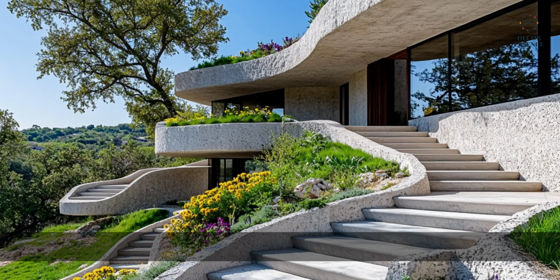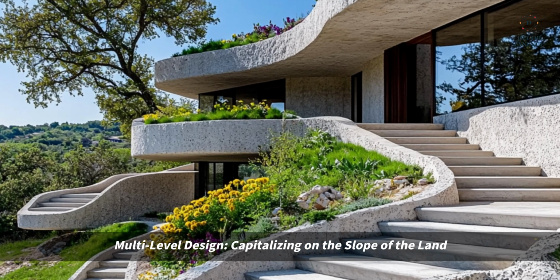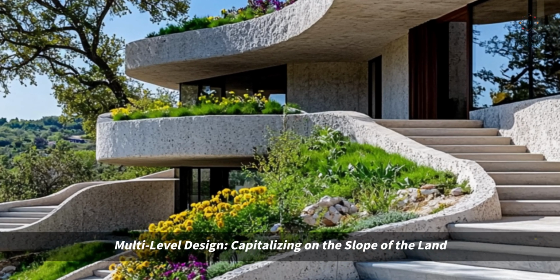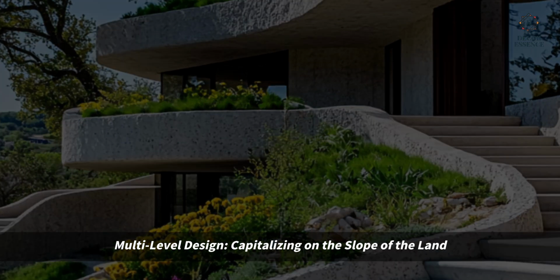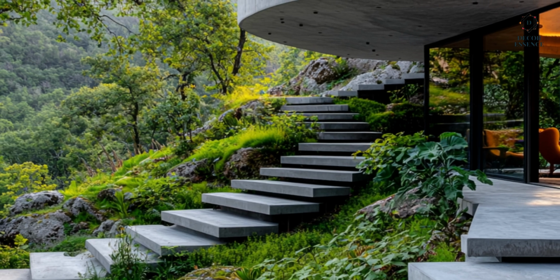Multi-level design, capitalizing on the slope of the land. Instead of fighting the natural slope of the hill, the architect embraced it. The house is designed with multiple levels, which follow the contour of the land, creating a dynamic living experience. The uppermost level houses the main living areas, including the kitchen, dining room, and living room, all positioned to take